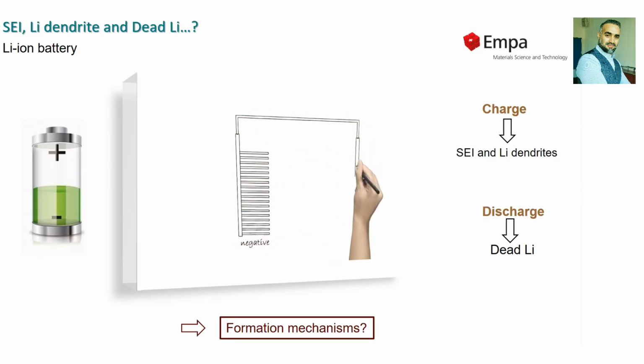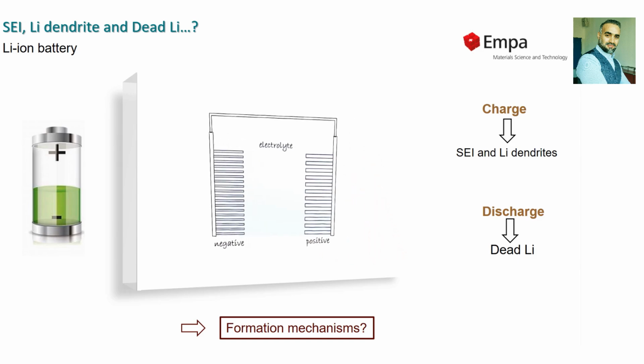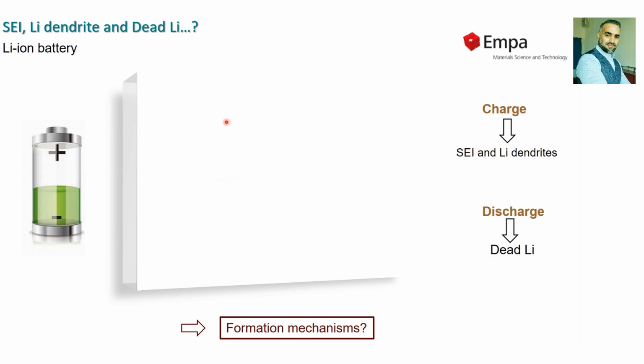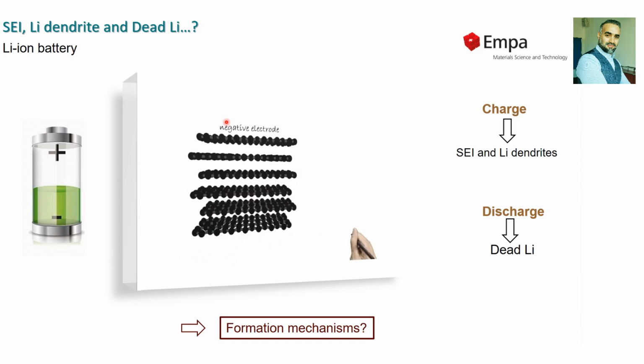A typical lithium-ion battery is composed of a negative electrode and a positive electrode and the electrolyte allowing the connection between them. During charge, lithium migrates from the positive electrode to the negative electrode, and during discharge, the opposite way occurs. The electrons are circulating at the same time in the external circuit, and if we look close at the negative electrode interface with the electrolyte during charge,